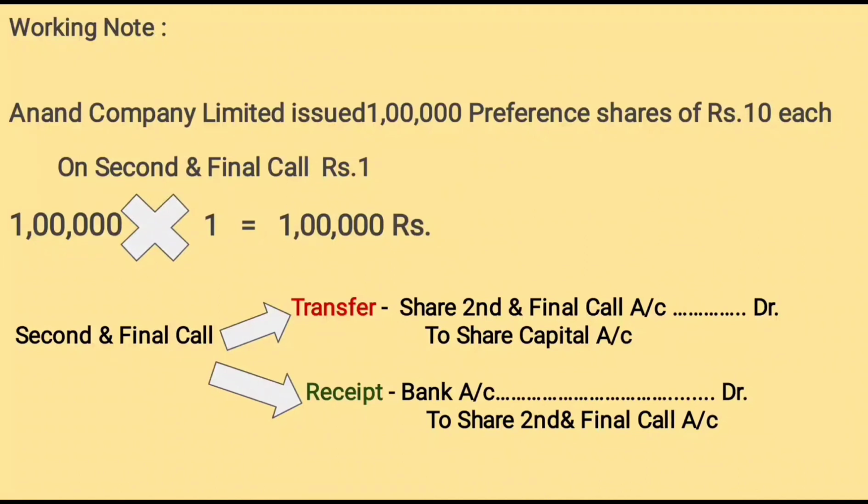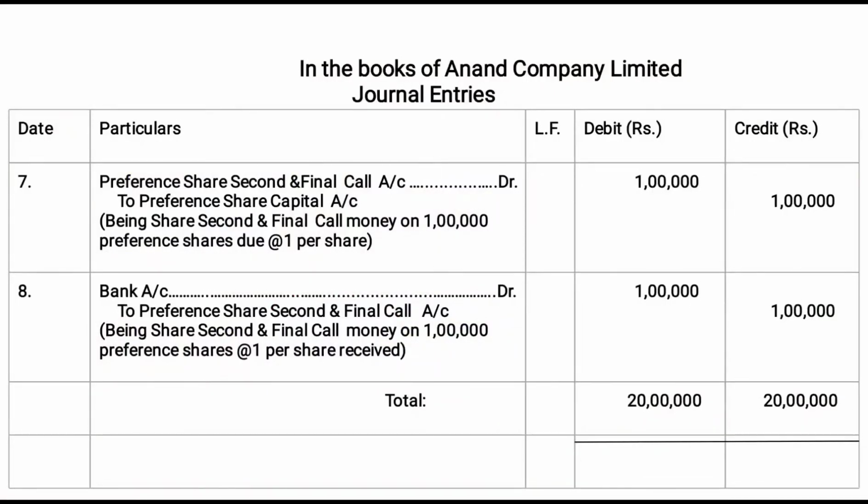So 1 lakh multiplied by 1 is equals to 1 lakh rupees. So here we have to pass two entries, that is transfer entry and receipt entry. Transfer entry will be share second and final call account debit to share capital account. Receipt bank account debit to share second and final call account. Now we have to pass this entry in journal. So seventh entry will be preference share second and final call account debit 1 lakh to preference share capital account